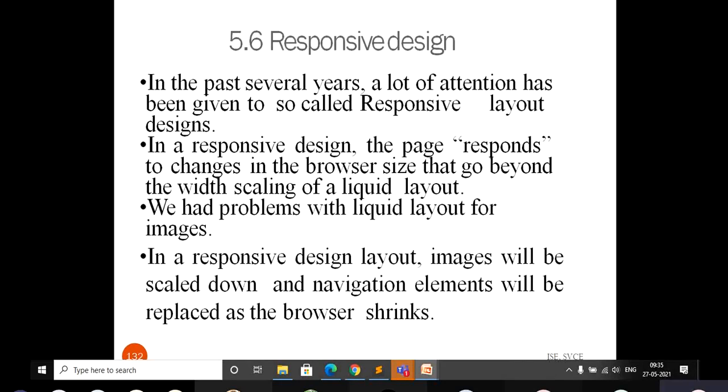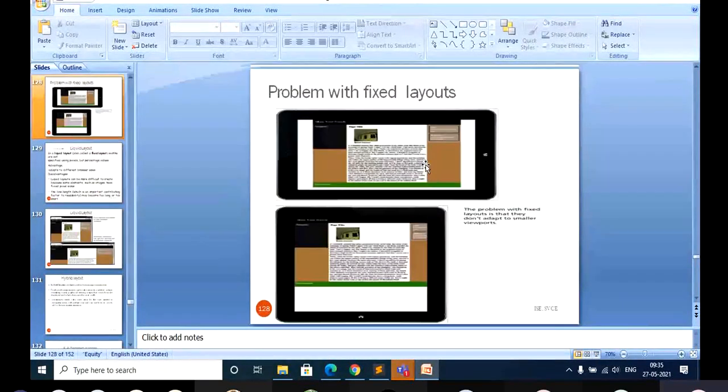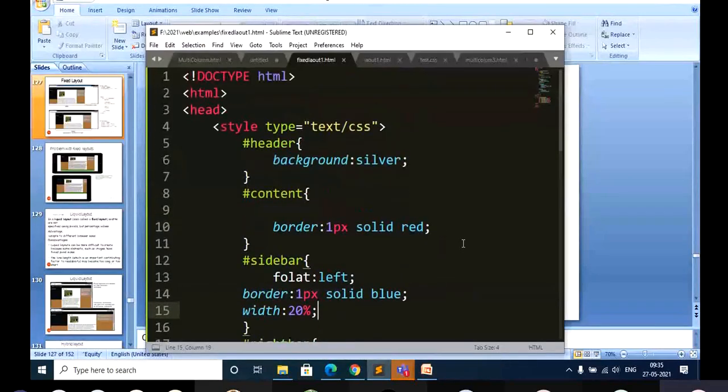Let me go with the code. We'll go with the first one, that is the fixed layout. I have already written the code, and I'll just be explaining that code.